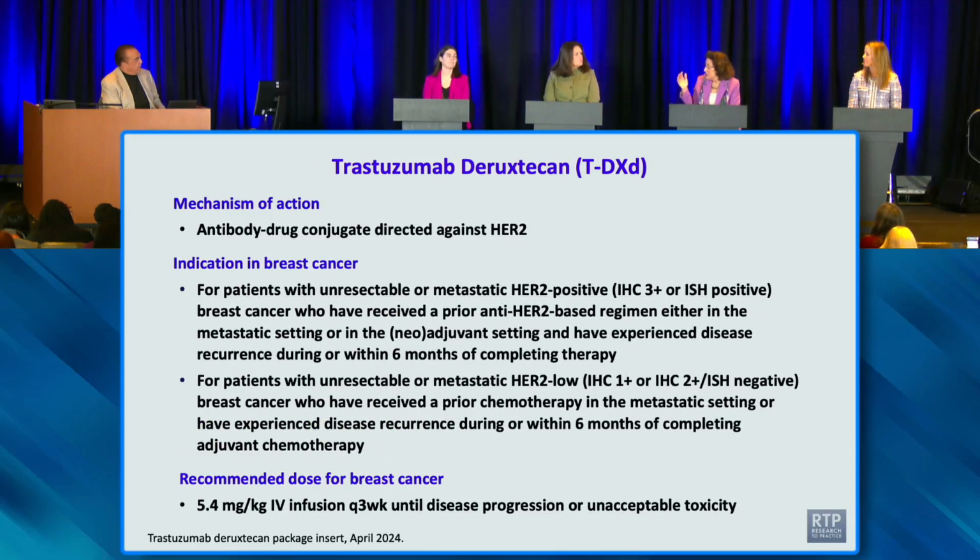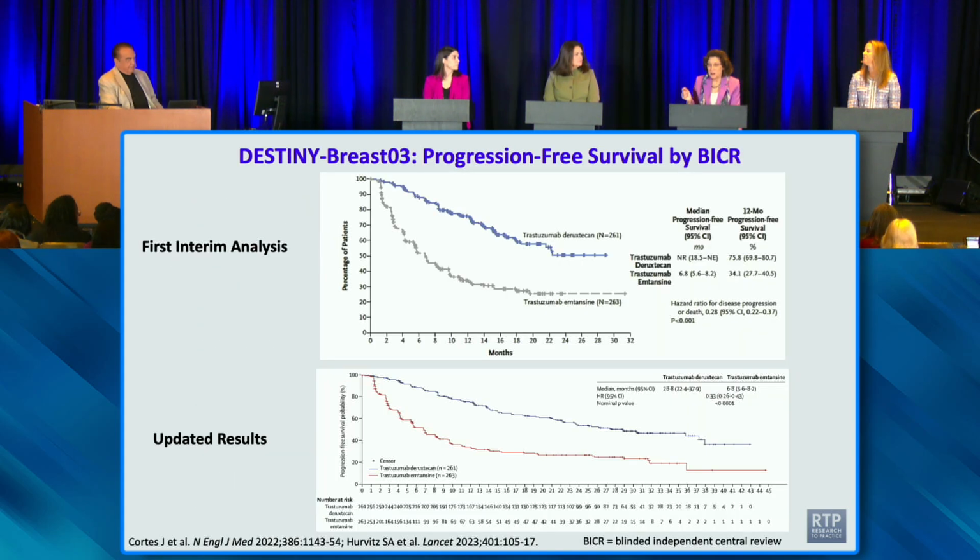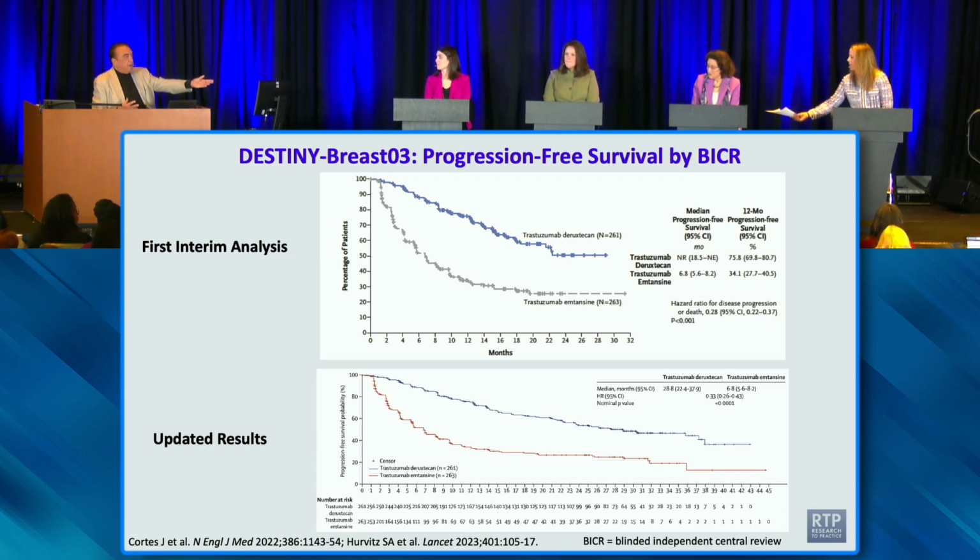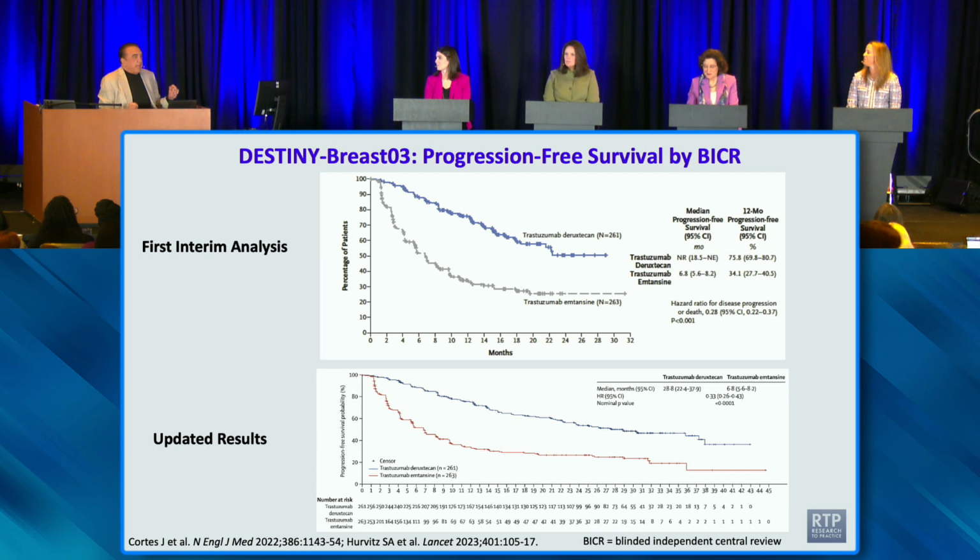And we're also looking at T-DXd versus T-DM1 in post-neoadjuvant therapy and adding tucatinib to try and reduce the recurrence in brain to T-DM1. And those 2 trials, I think, are going to be really important for us next. And I was just going to bring that up, that initially I think people maybe thought all antibody-drug conjugates are the same. And we actually had a study in the metastatic setting, here it is right here, comparing 2 different ADCs, the 2 that we've just been talking about, T-DXd and trastuzumab emtansine, and you can see there's a big difference. The higher the curve is, the more people are remaining without progression. You can see there's a big difference in the patients who got T-DXd.